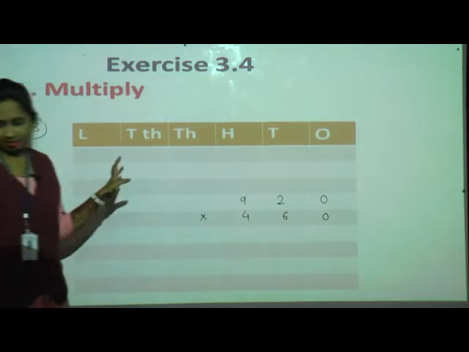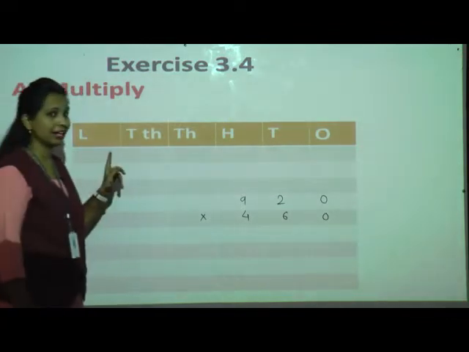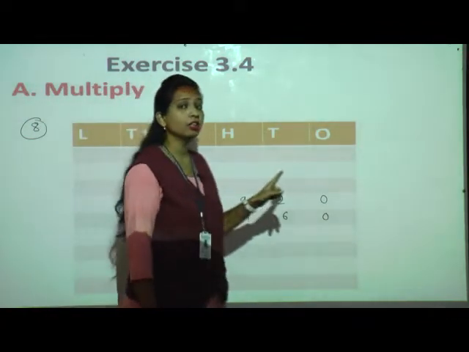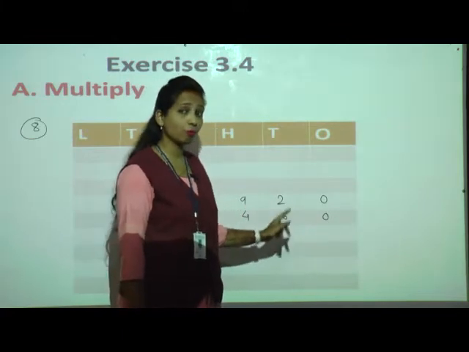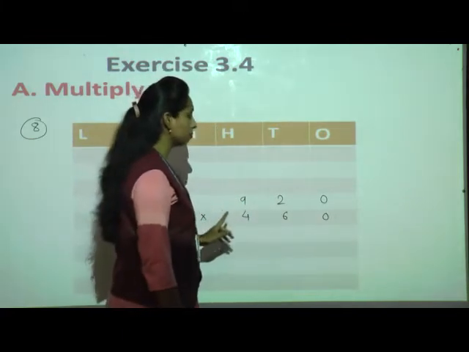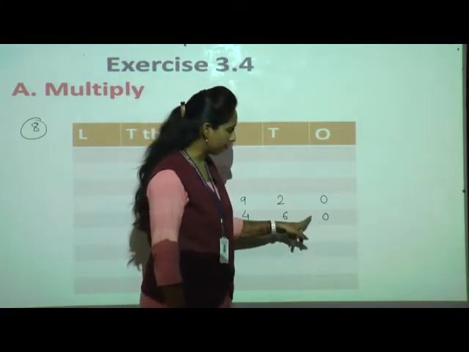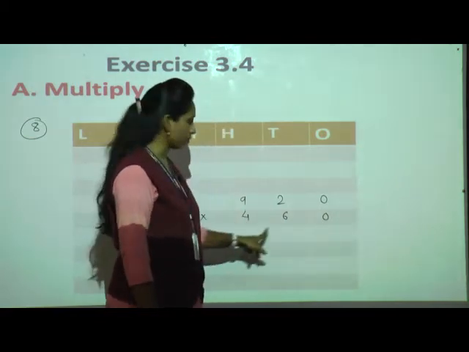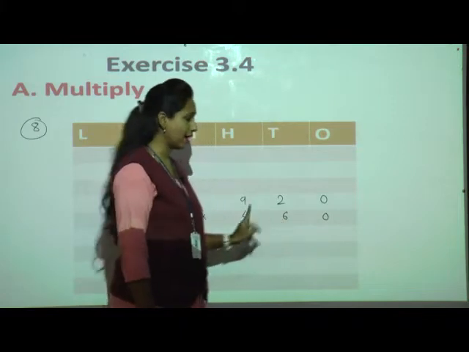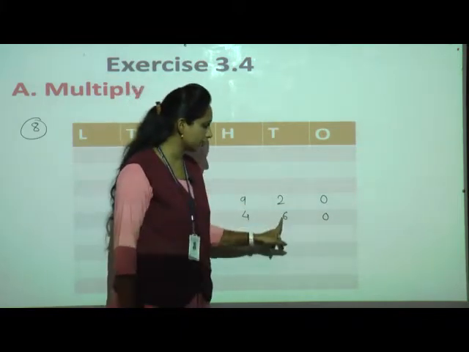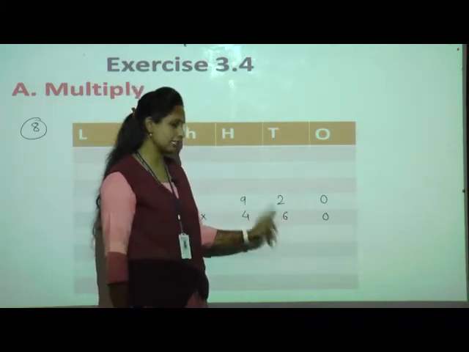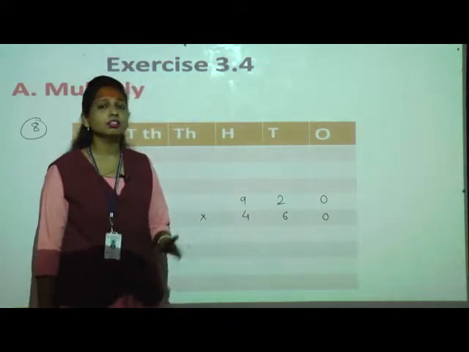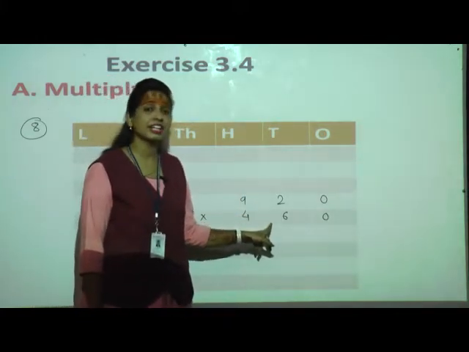But in this case, you have to keep in your mind properly. You will commit a mistake here. See, what mistake will happen with you now? See, ones place we are skipping, so we are starting with the tens place. Now we have to multiply 920 multiplied by 6 tens, means 60. So now we are doing the multiplication of the tens place.